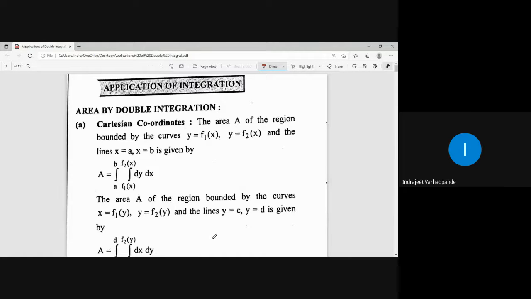All these will be applicable for the double integral, and in that also I can distinguish between them into two. One part is the Cartesian coordinate system and another part is the polar coordinate system. Depending on the given word problem wherein they ask you to calculate the area, sometimes the region will not be there or the limits will not be provided.